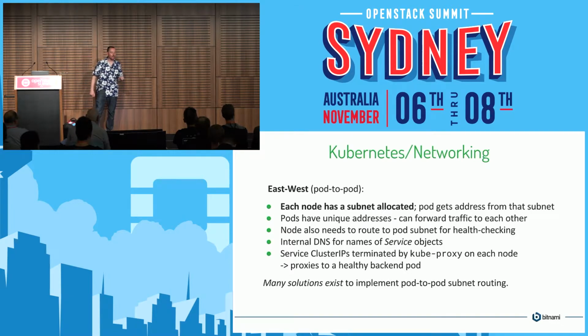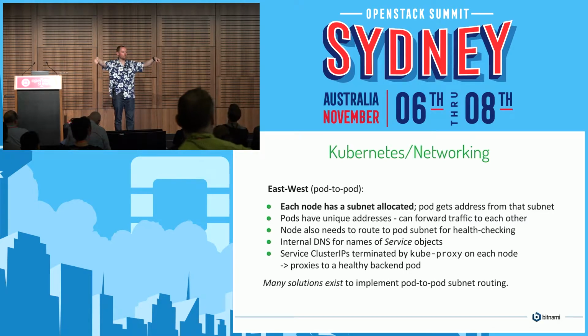Yeah, there is an internal DNS service. So every pod can look up a service using DNS, which makes it very simple. And that's mostly it. Yeah, the cluster IPs, which when you look up a service and it's an internal service, you get back what's known as a cluster IP. That is a sort of an anycast address, which is handled by the local kube-proxy. So when you go to a cluster IP, you only ever go to the local kube-proxy, and it catches all of those IPs for that node. So a particular service will have an address, and it'll be the same address for every pod that resolves it. But whenever they try to connect to it, they're just going to go to their local kube-proxy.